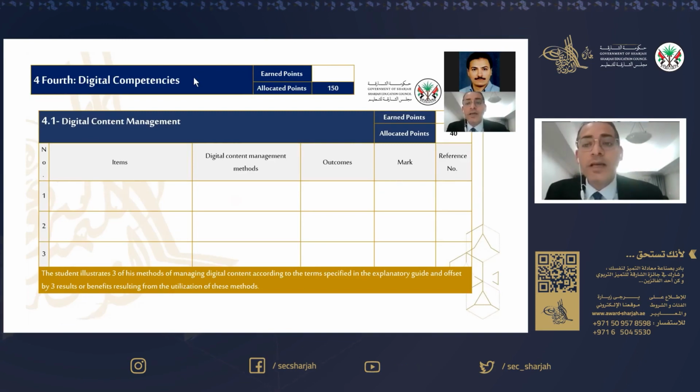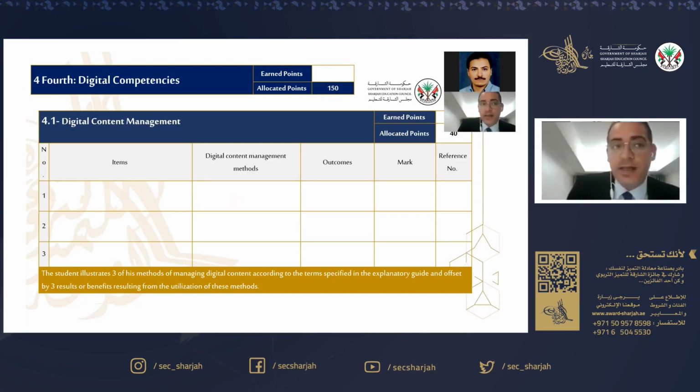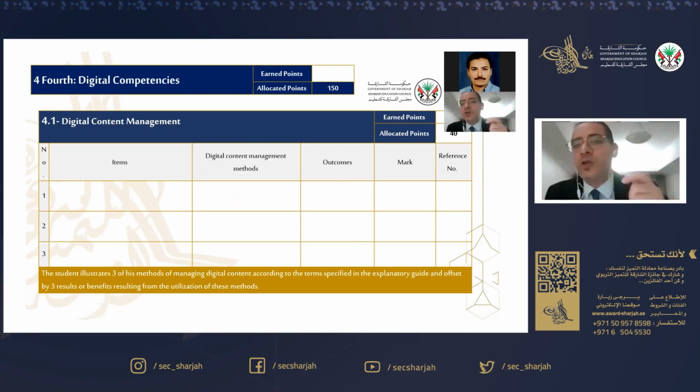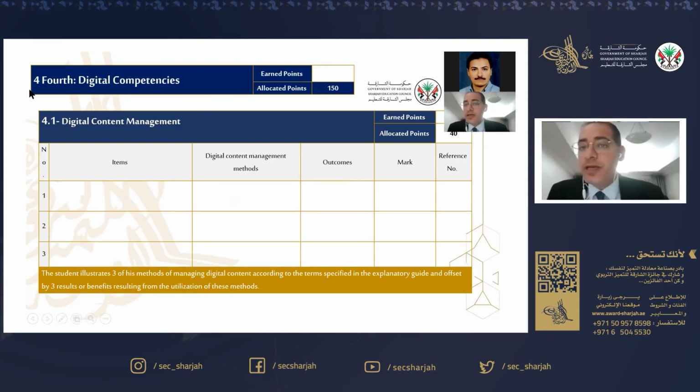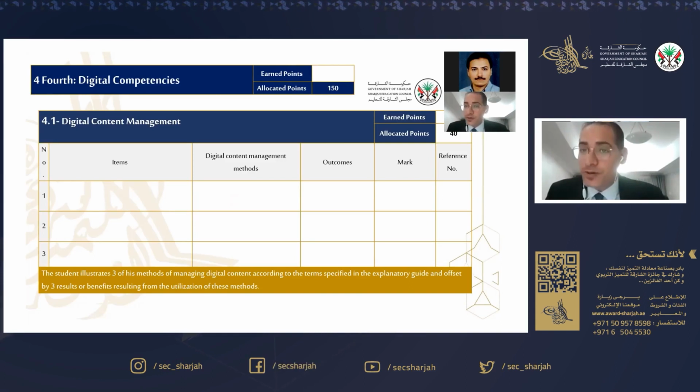Now, how many applications can we use to conduct virtual meetings? I know WebEx, I know Teams, I know Zoom. So these three applications I use to conduct virtual conferences and virtual meetings. Now, what about you?